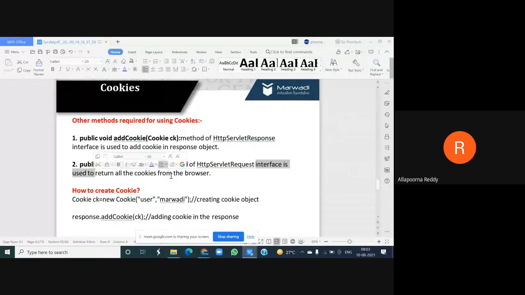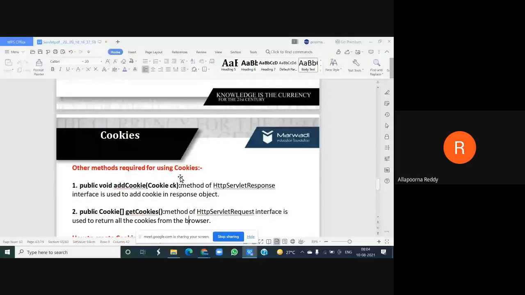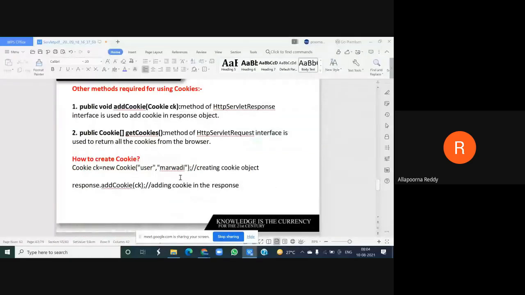These are the methods we are having. One is to add, one is to set name, get name, and one is to get all the cookies. One is to set the age of my cookie. Like this I have done. But how do I need to create my cookie actually? I need to know that first.